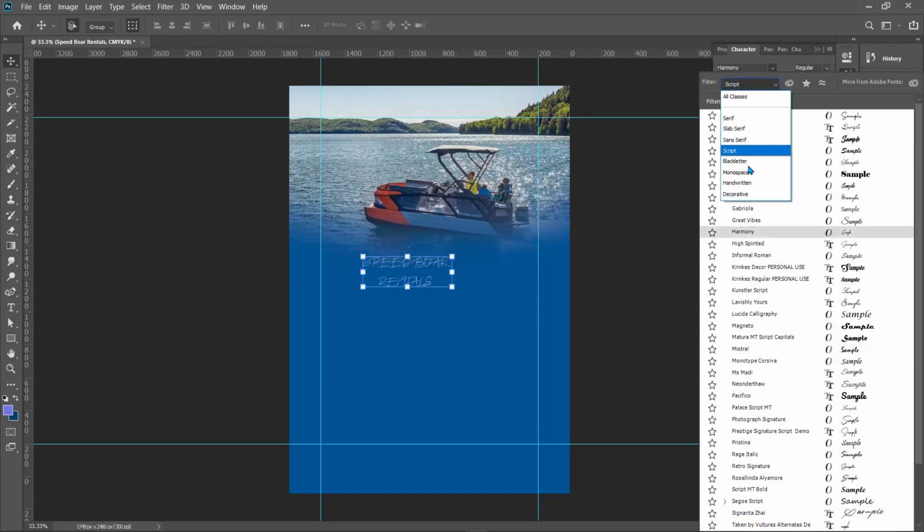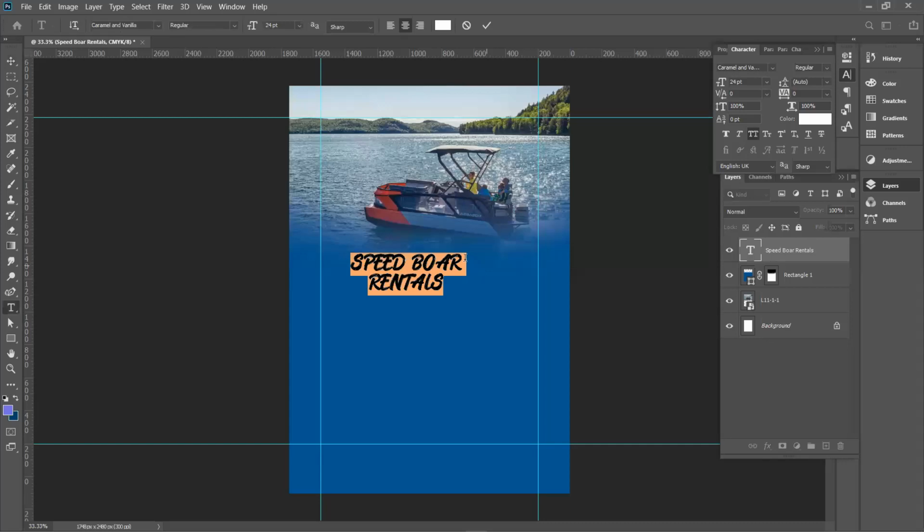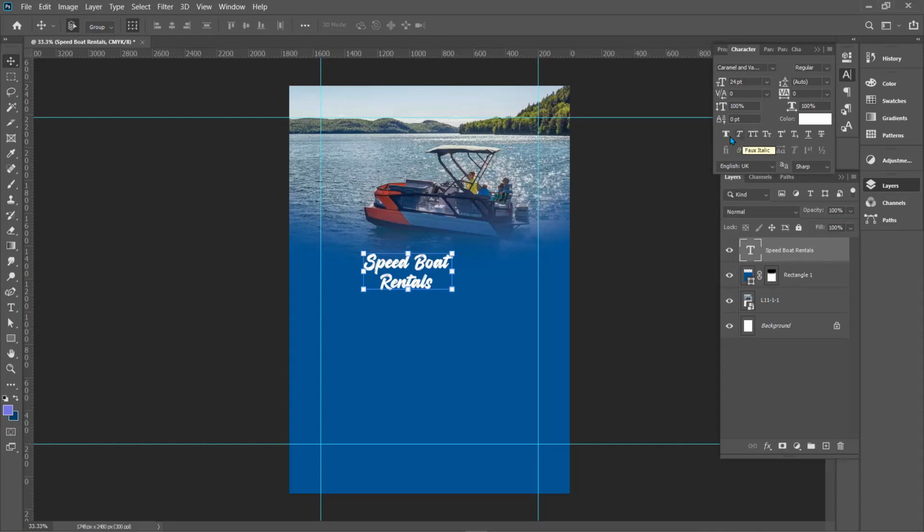Okay. Let's check decorative. All right. I think this should be it. And I think my all caps is fixed, so I have everything here. So you can see, if I click on this capital T and capital T, it makes my text be all caps. If I unclick it, it makes this small caps, makes it faux italic, and you can see faux bold. So I'm gonna increase this